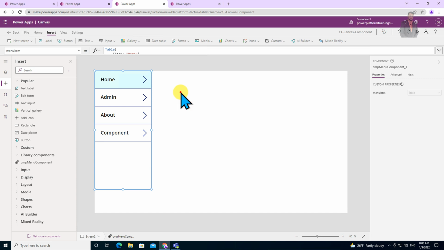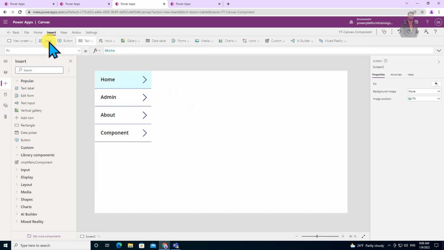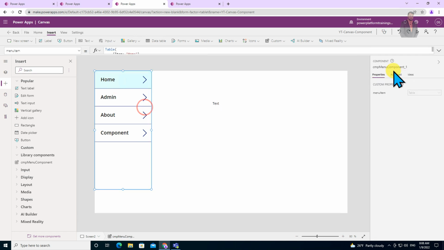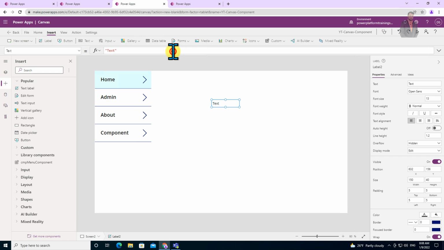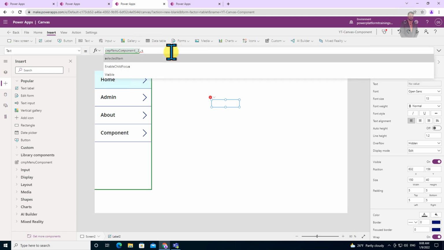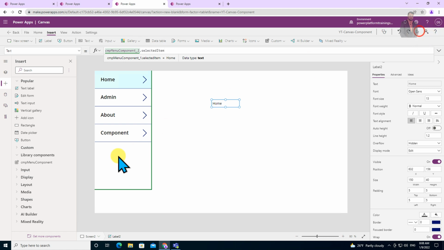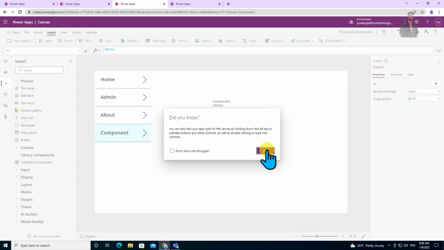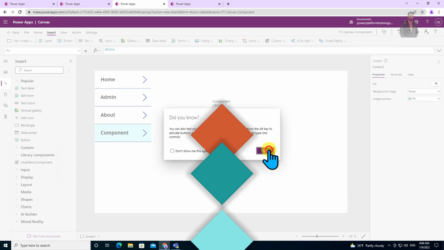And now what I need to do here is take a label and print the value. Whatever the name of this component is, let's take that and print that over here, dot selected item, right? So what happens here is if I select this, you can see it will print component library. So this is how you can use the component from your independent component library.